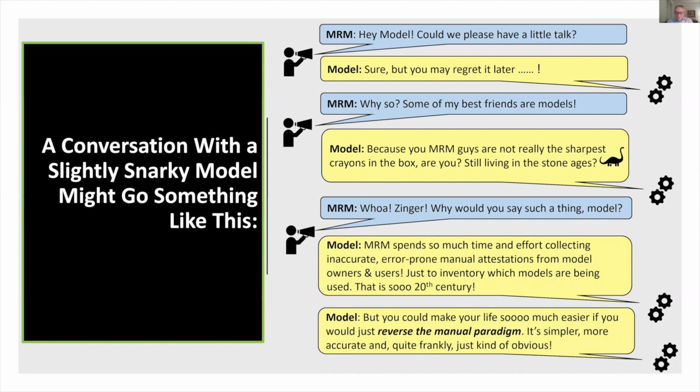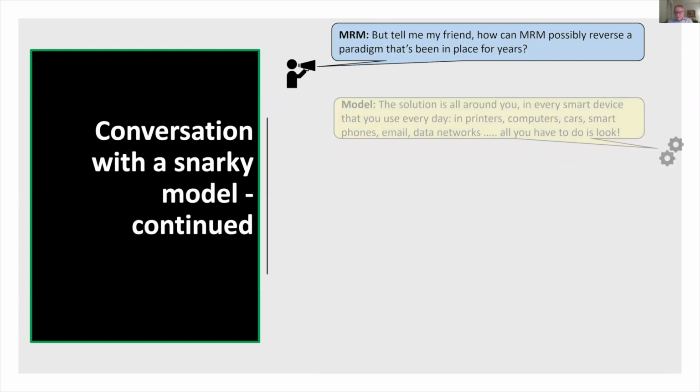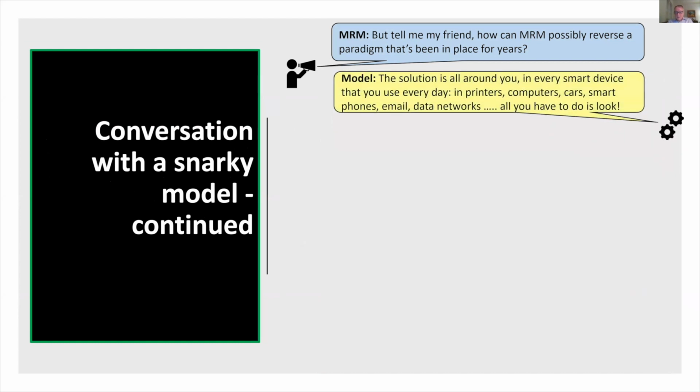It's simpler, more accurate, and quite frankly, kind of obvious. MRM says, but tell me, my friend, how can MRM possibly reverse a paradigm that's been in place for years? Model says the solution is all around you. It's in every smart device that you use every day, and printers, computers, cars, smartphones, email, data networks. All you have to do is look.